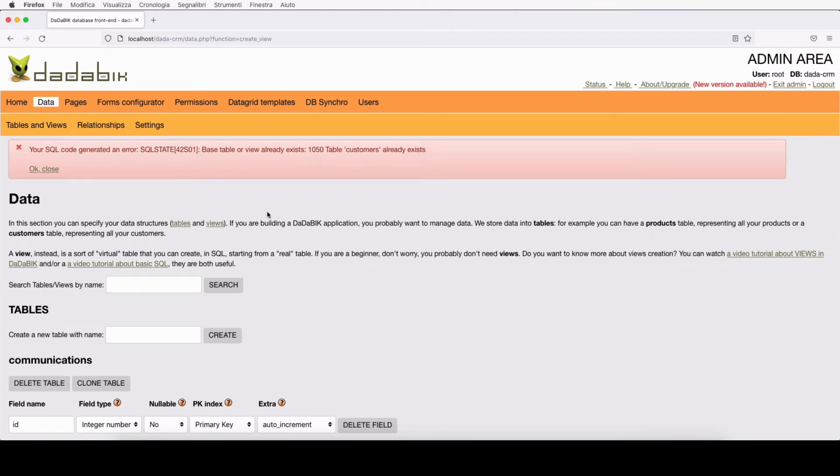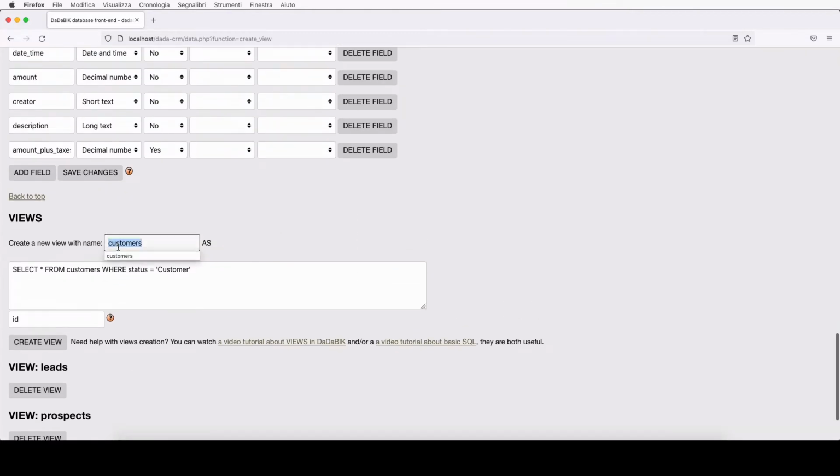We got an error here because we already have a table customers, so we cannot create a view with exactly the same name, customers. So I can call it converted leads.